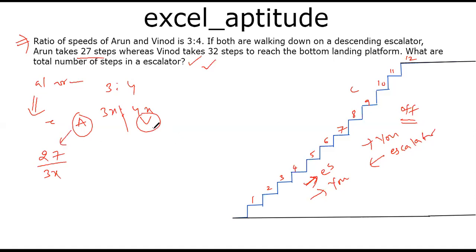What is the time taken by Vinod? He takes 32 steps. These are their original speeds. 32 steps in